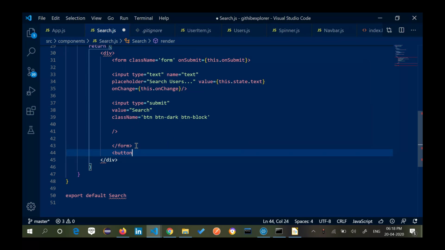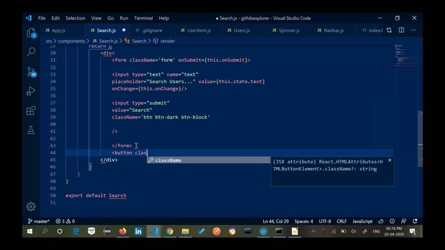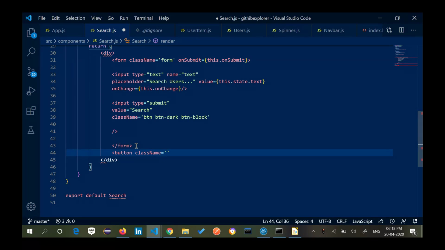I'll say button, class name is equal to btn btn-dark, or let's say what we have done earlier, btn-dark btn-block, and we will say Clear.